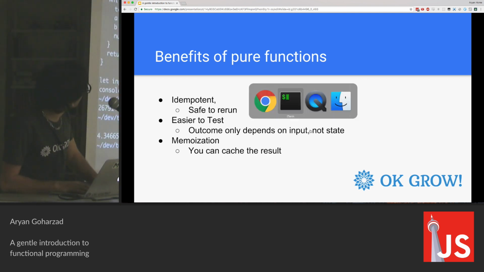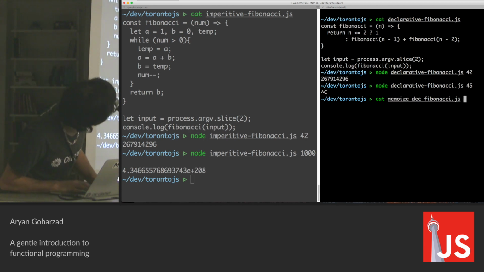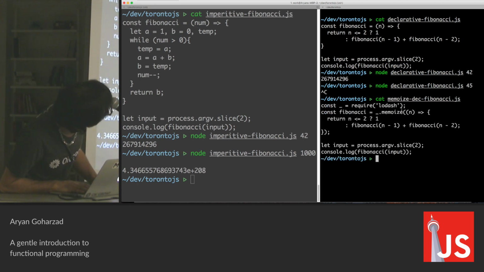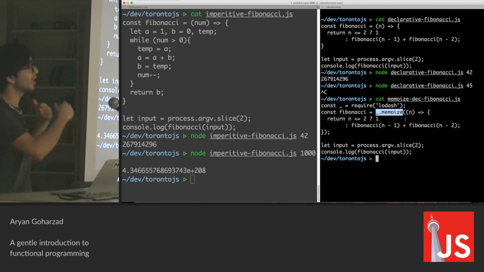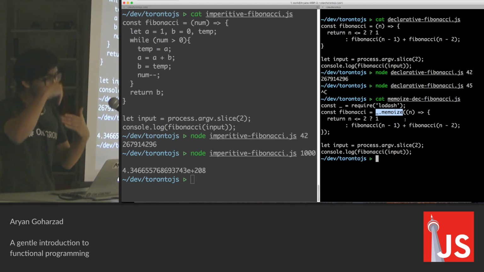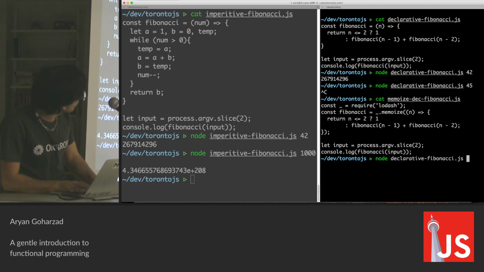So going back to our Fibonacci example, I'm going to show the same code but using memoization. All I've added is this word here, which means if you already calculated Fibonacci of 5, don't do it again when you're calculating Fibonacci of 6, because you need that number. So it just stores it somewhere. With this method, I don't have that performance issue anymore.